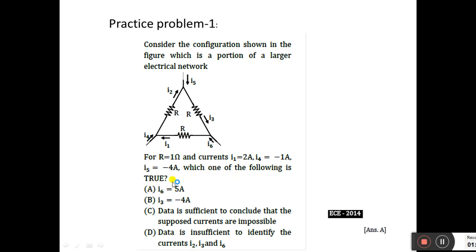Practice this, because in competitive examinations, for the EC department, most of the questions come from circuit theory and communication engineering. For the electrical department, most of the questions come from circuit theory and control systems. In that case, more practice is required to get a good score in a competitive examination. Accordingly, practice is necessary, so try to practice. The answer is option A.